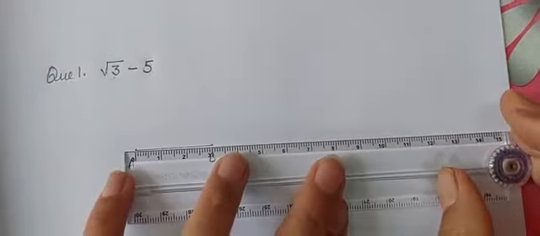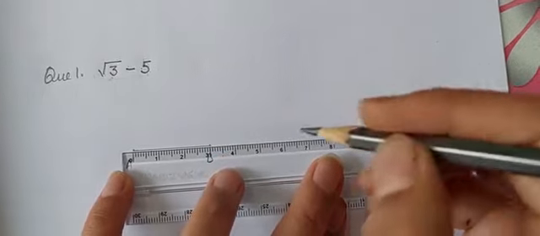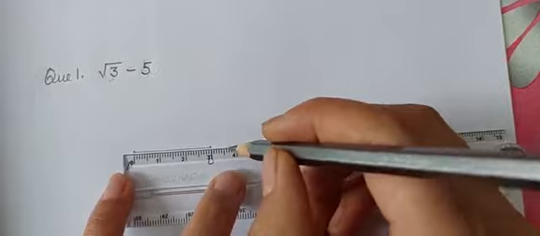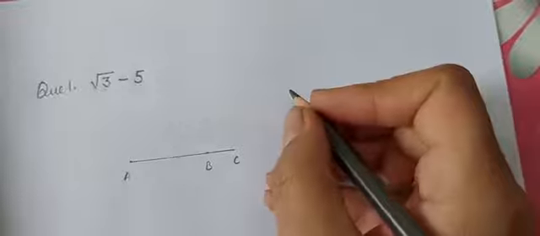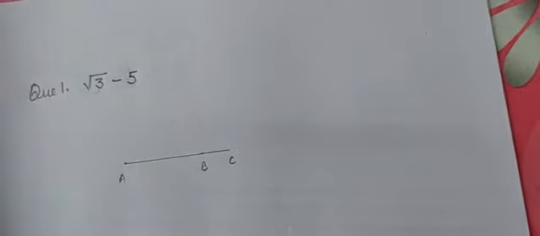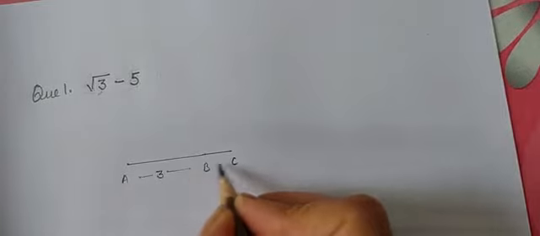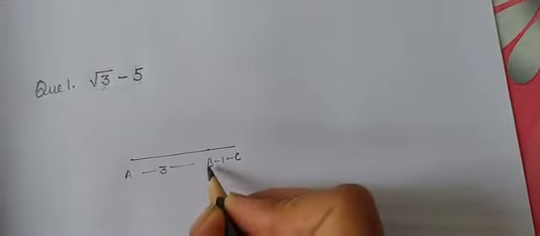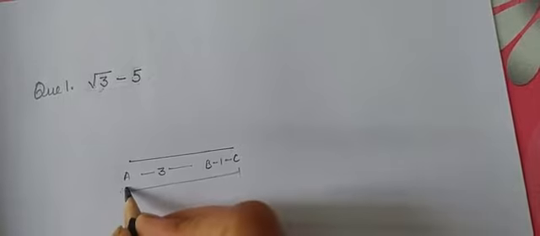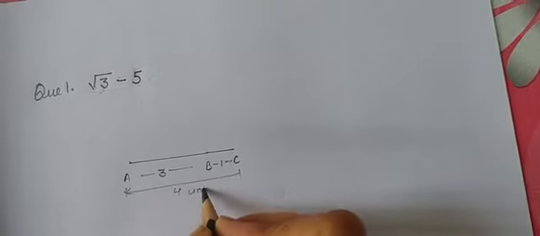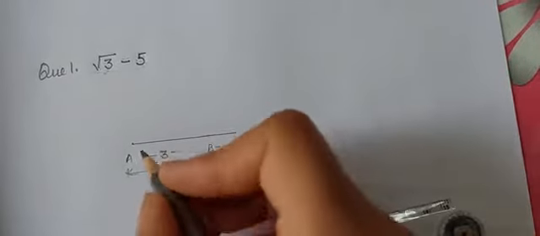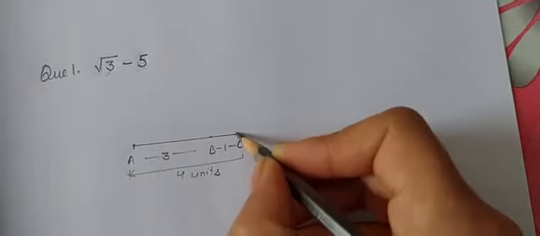Okay, now we have to extend this by 1 unit, as per our new method. So your AB was 3 units and your BC is 1 unit. So this is 3, this is 1, so this full from here to here, it is 4 units. It can be centimeter or inches, whatever you use to draw it. So your AC is this, which is 4 units.